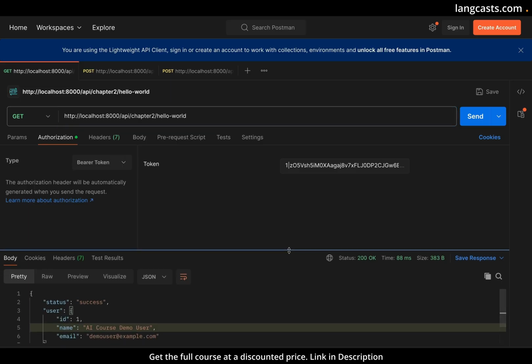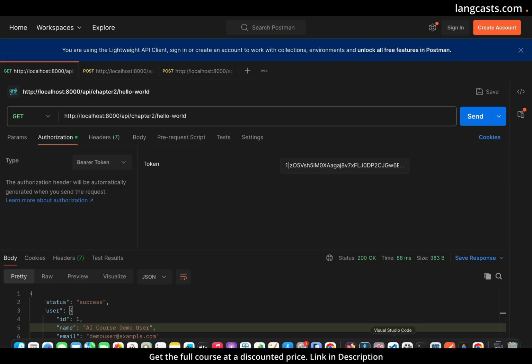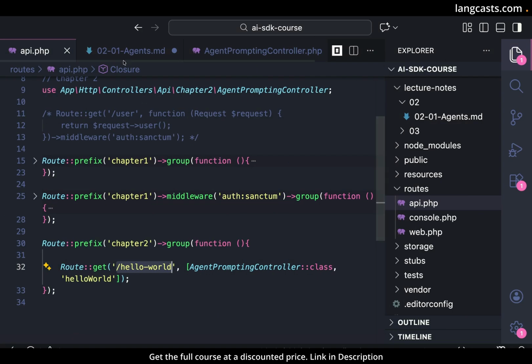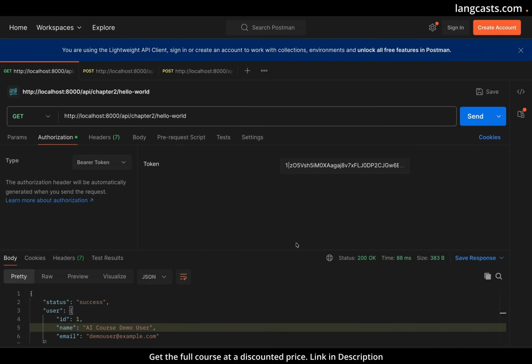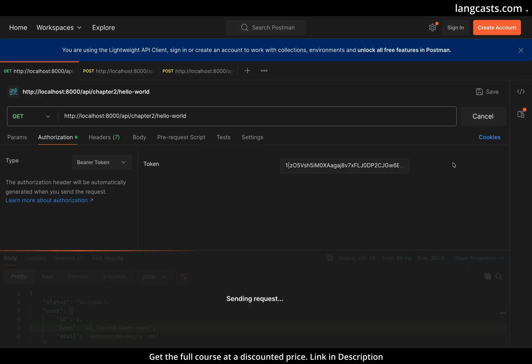And now it is actually going to prompt our LLM and get us a response. What we are telling our LLM to do, let's go back here. The prompt we're sending to our LLM is, hello, what are you and what can you help me with? So let us go here and prompt this, hoping that we don't have any errors. So it seems to be sending the request. And soon enough, we should get our